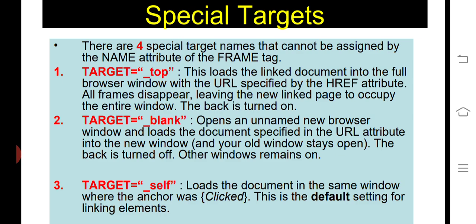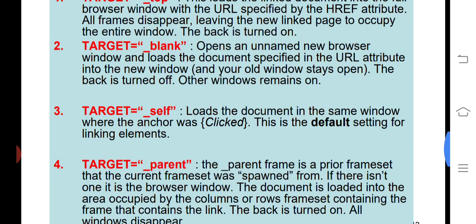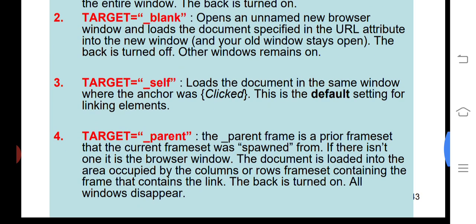For that purpose, you can use these. Only when you do frame coding and testing do you know how the execution happens; like that you get some experience. Here target equal to within quotes _parent. This replaces the parent's prior frameset; the current frameset was swapped.